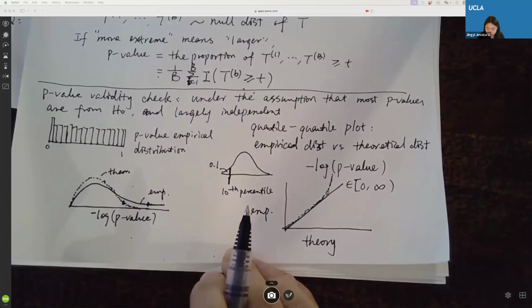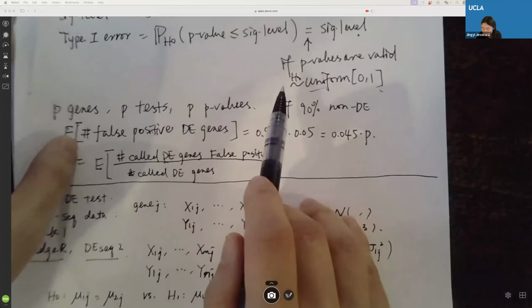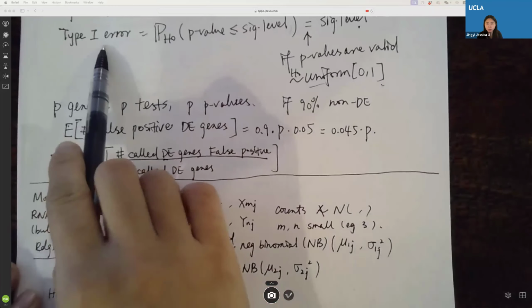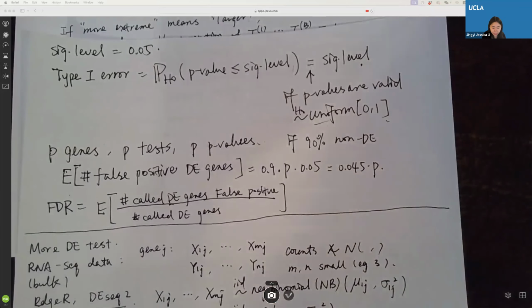The question is what we introduced at the end of the class. Even though you can control type 1 error well for each of your genes, say under 0.05, that means if the gene is not a DE gene, there's a 5% chance you may wrongly call it a